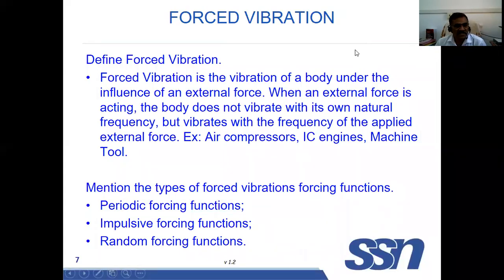Today, the topic for discussion is forced vibration. So, what is forced vibration? It is a vibration of a body under the influence of an external force. In case of forced vibration,